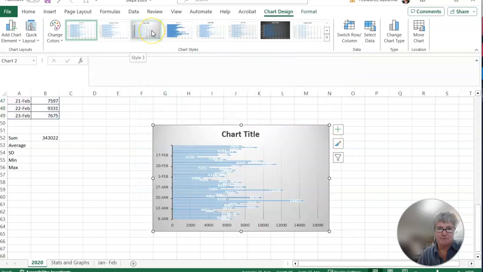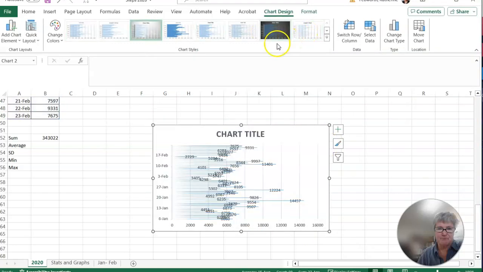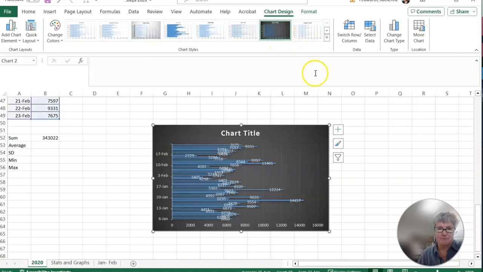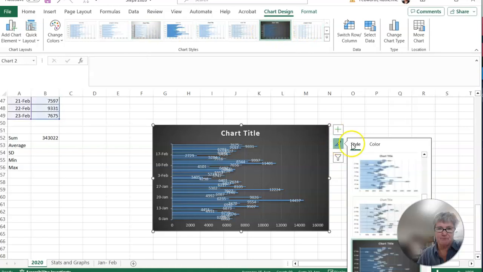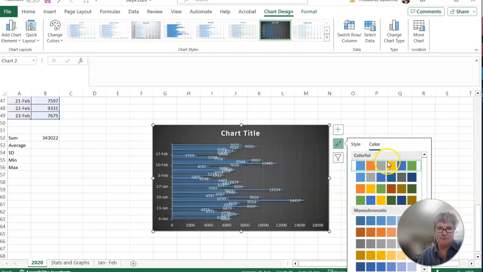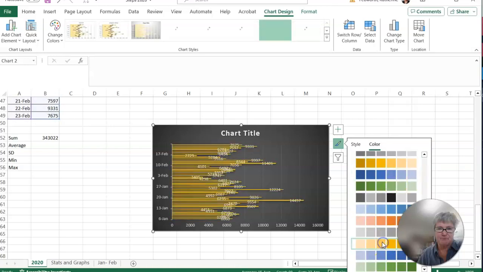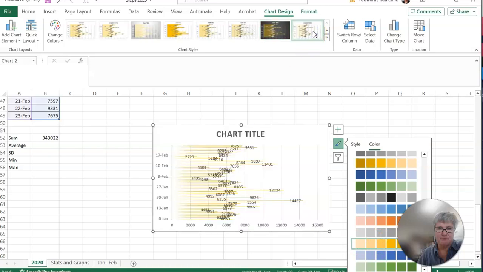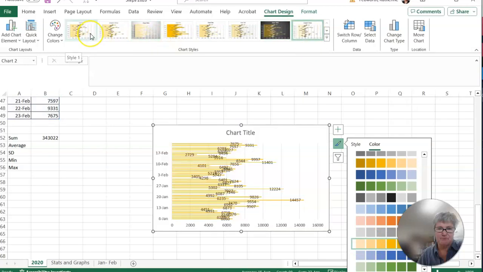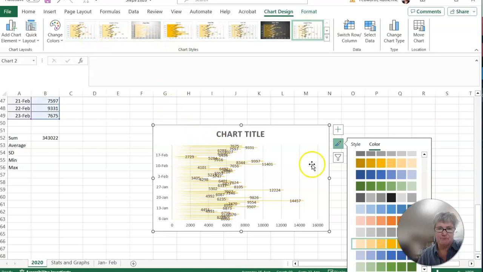Then you can look up here and you can change all kinds of different things with it. I can come over here. I can change the color scheme. What colors do I want? So pick one that looks good to you.